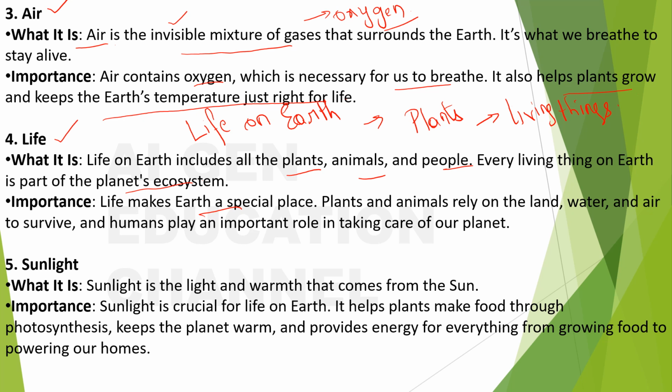Until now we weren't able to actually find some life on any planet. Not only in the solar system, even outside the solar system, we were not able to yet find proper life on any other planet. We keep searching for water on other planets. You will learn more in the next higher classes.